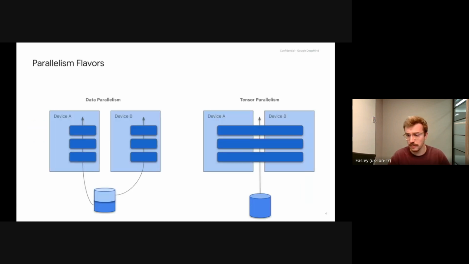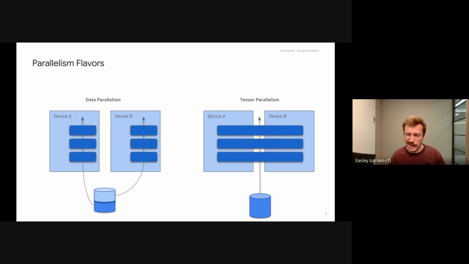So there are many flavors of parallelism. Parallelism is a way to distribute compute across devices. For example, you could have two GPUs, and you don't want to run one training on one GPU and another training on the other GPU, but one training that uses both GPUs. So you want to distribute compute. Distributed compute is very useful in the current era, where the goal is basically to maximize scale: bigger models, more data. You need to distribute compute, otherwise you're going to take forever on a single device, and that's not possible anymore.